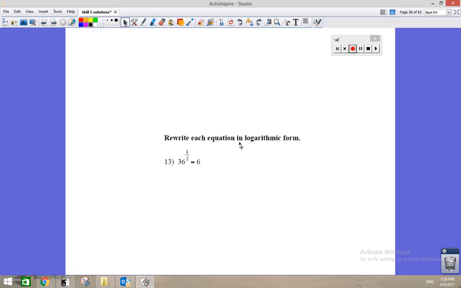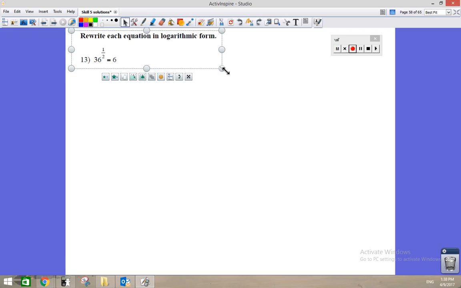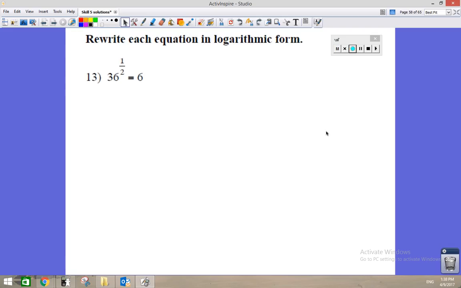Now it wants us to go in the other direction. It's given us the exponential form and saying rewrite this in logarithmic form. The base is 36. The logarithm equals the exponent and this value. Now, we can't take the log of 0. We can't take the log of a negative number. But remember that our base here on the left has to be greater than 0, not equal to 1. Negative exponents don't make your answer negative. So